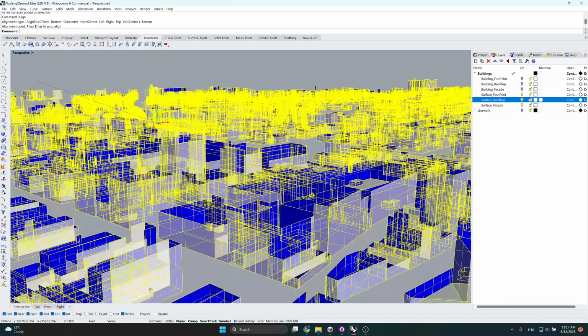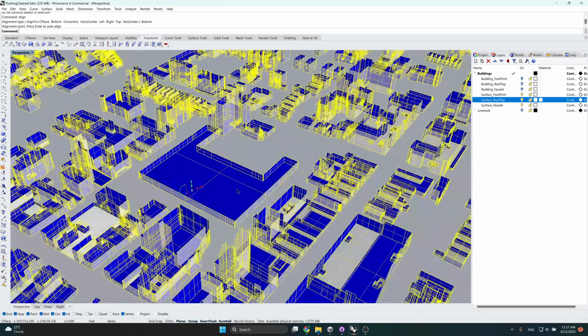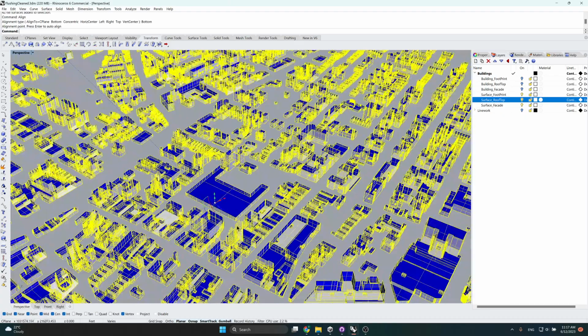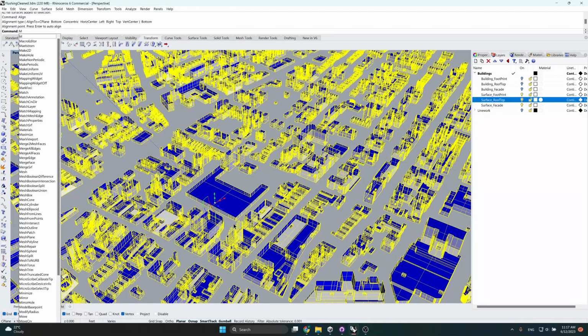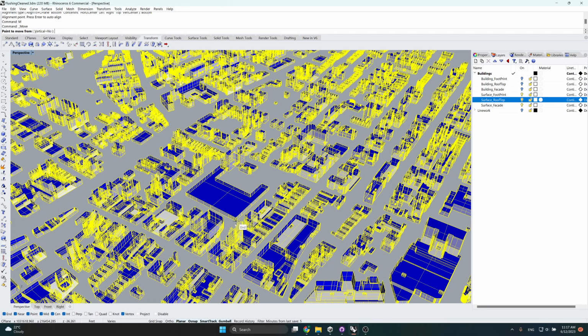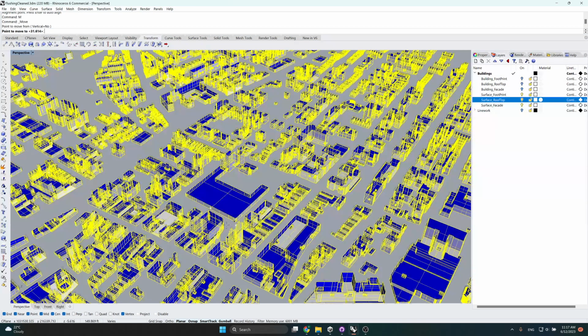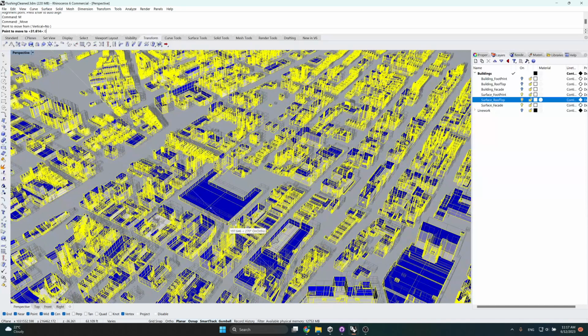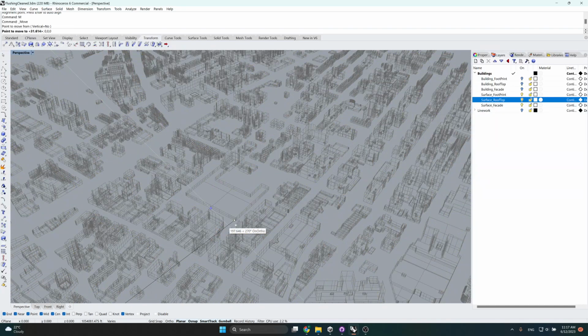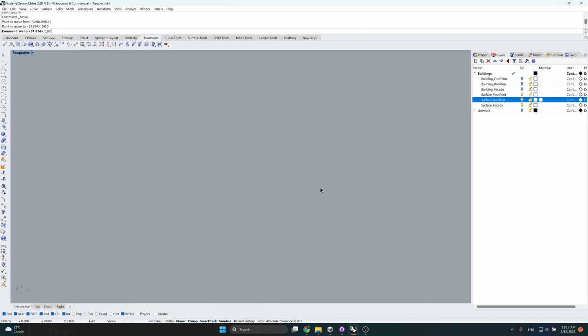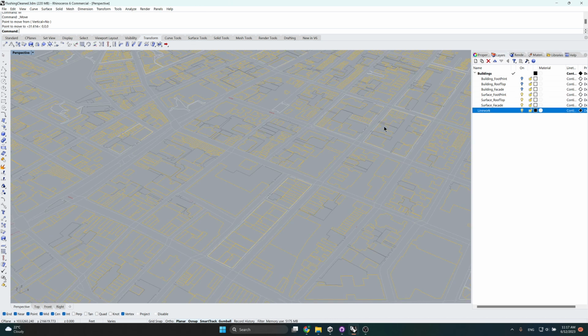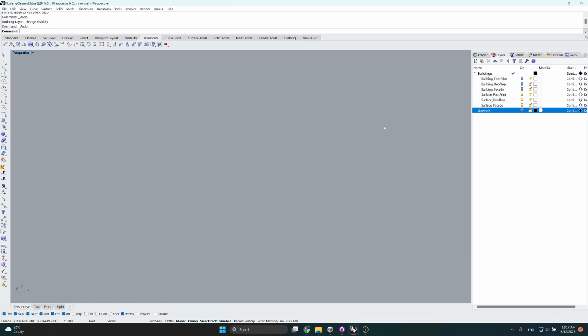One thing we can do is, this is the main area we're focusing on, and we can type in move or M, hit enter, select one point on the ground, and type in 0, 0, 0. That moves it to the origin point. Making everything aligned to the origin is easier, but I made a mistake because I didn't move the line work. So I'll Command Z